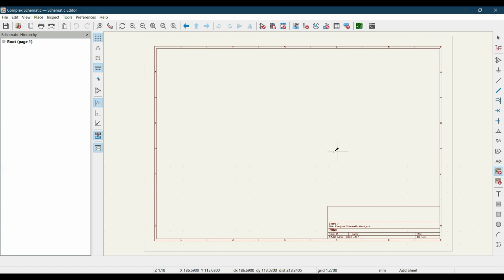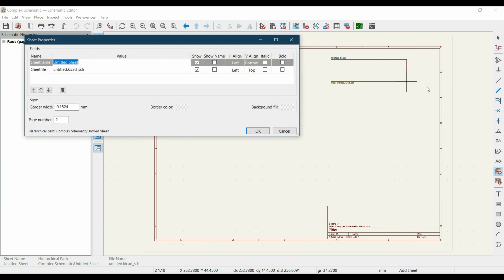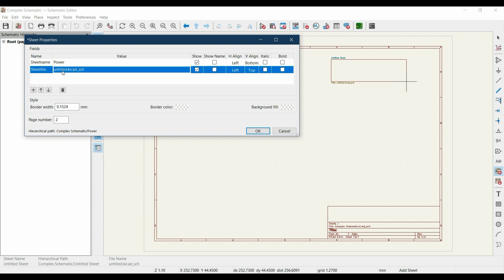Click on this tool and click anywhere on this sheet and draw a sheet by clicking again on this sheet, and this dialog will open up, and you have to name the sheet. Let's say I want to draw the circuit in this subsheet that is related to some power section. Similarly, let me change the name of the sheet file to power